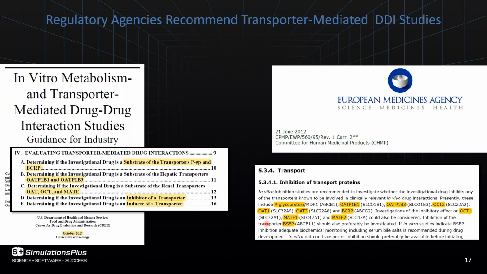And then they also list inhibition of BSEP as an important transporter. This BSEP is the bile salt export pump. It is there to give homeostasis to cholic salts. So the substrate is typically a cholic salt, but an investigational drug can be an inhibitor of BSEP, and that mixes up the balance of the